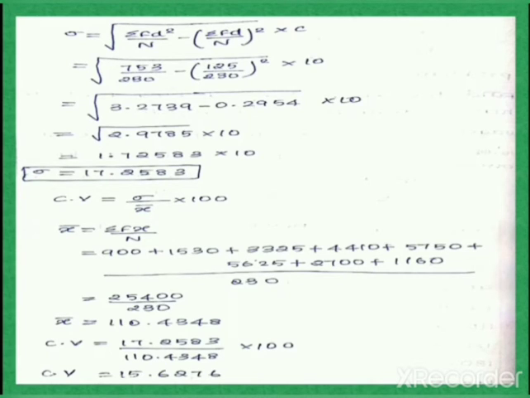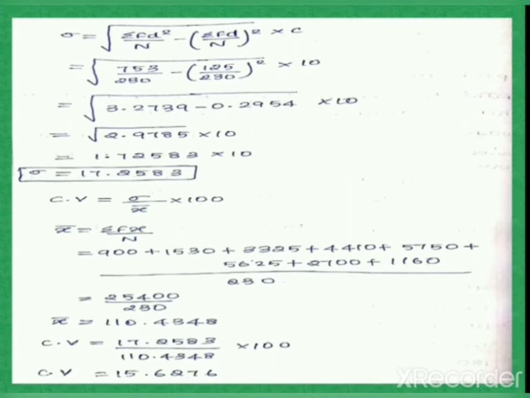So you have to find the mean here, because in our formula we have x bar. So we have to find x bar for continuous data. Our continuous data formula for x bar, the mean, is equal to summation fx divided by n. So you have to find summation fx, which is 25,400, divided by 230. If you divide this, you will get 110.4348, which is your mean value.